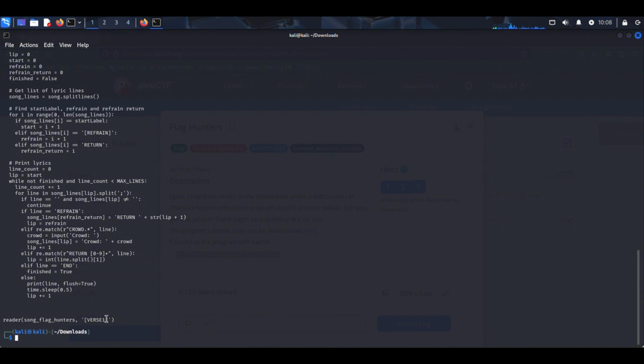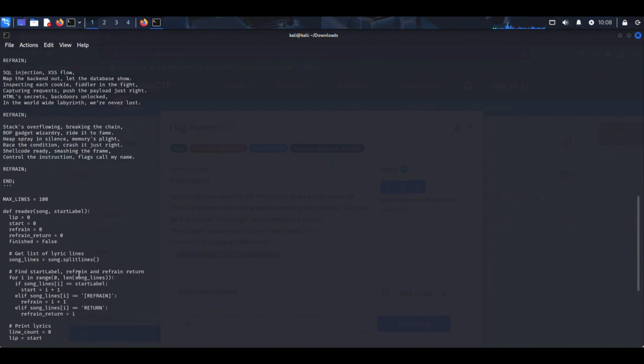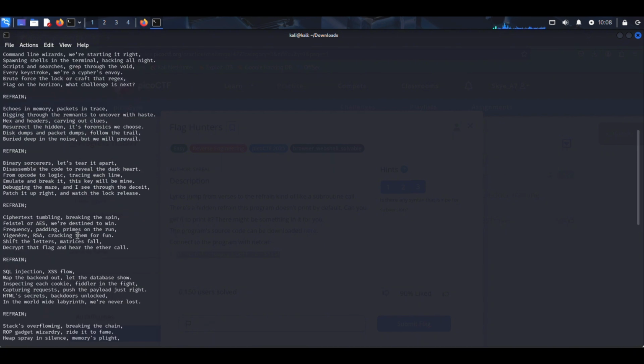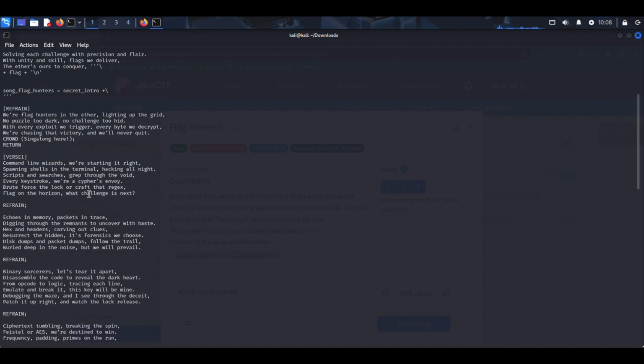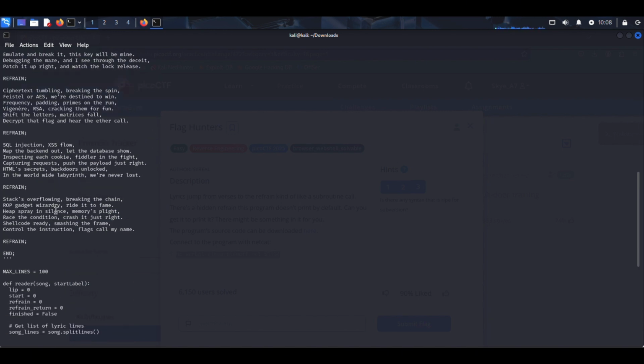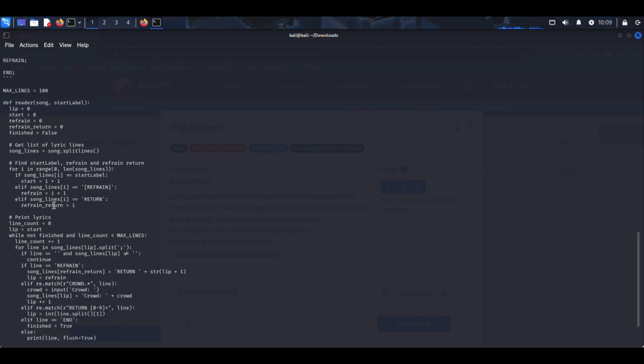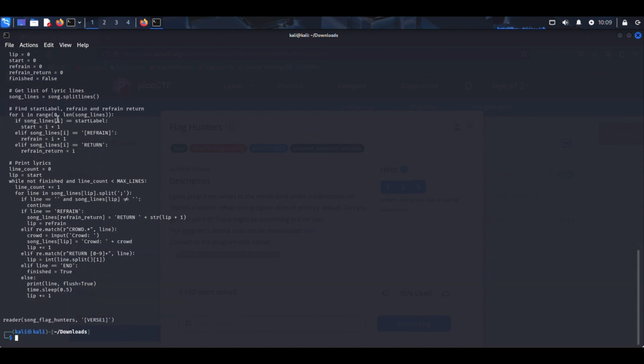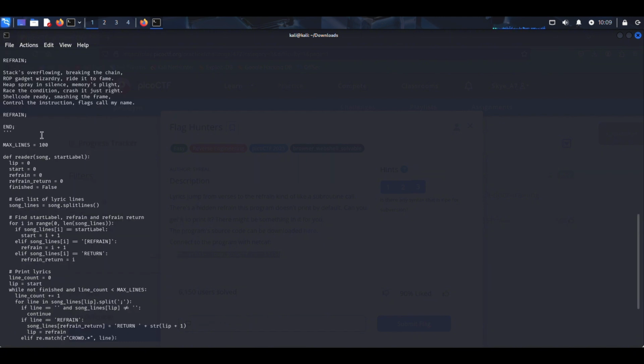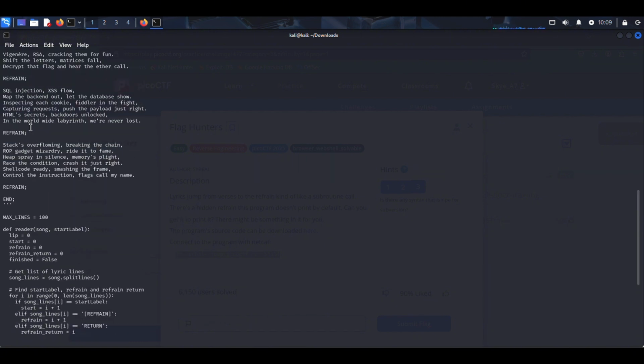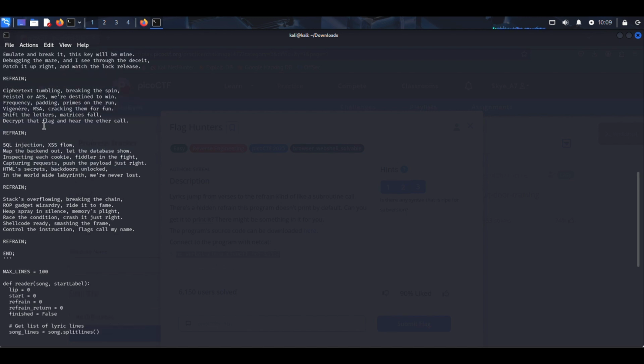This prompt is starting from verse 1. Splitting songs into lines. So this marker is at the end of every line of the code.